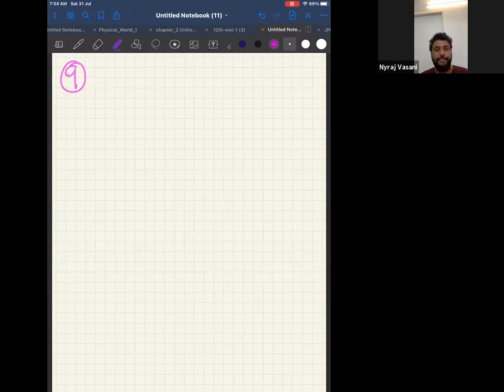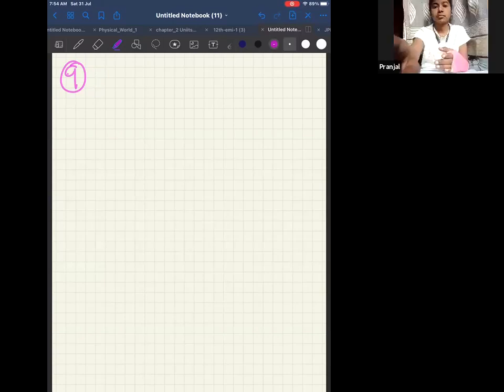So question number 9 is based on Lenz's law, correct? An electron moves on a straight path XY and there is a coil ABCD. What will be the direction of current induced in the coil? Can I say when the electron passes, the coil will try to oppose it because of Lenz's law? Because what does Lenz's law say? E is equal to minus d phi by dt.